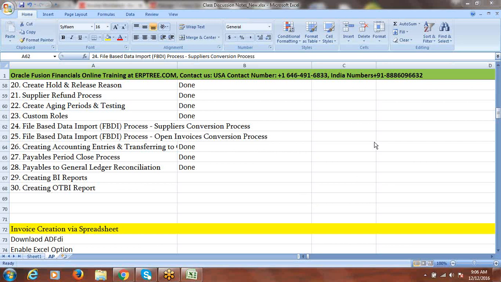Lakshman? Yeah, this is Sarath. Tell me, Sarath. I also have one question, when we are creating custom roles. In this custom role, for example, we are going to define something completely new, for example creating only invoices or creating only suppliers, or something related to AR or GL.